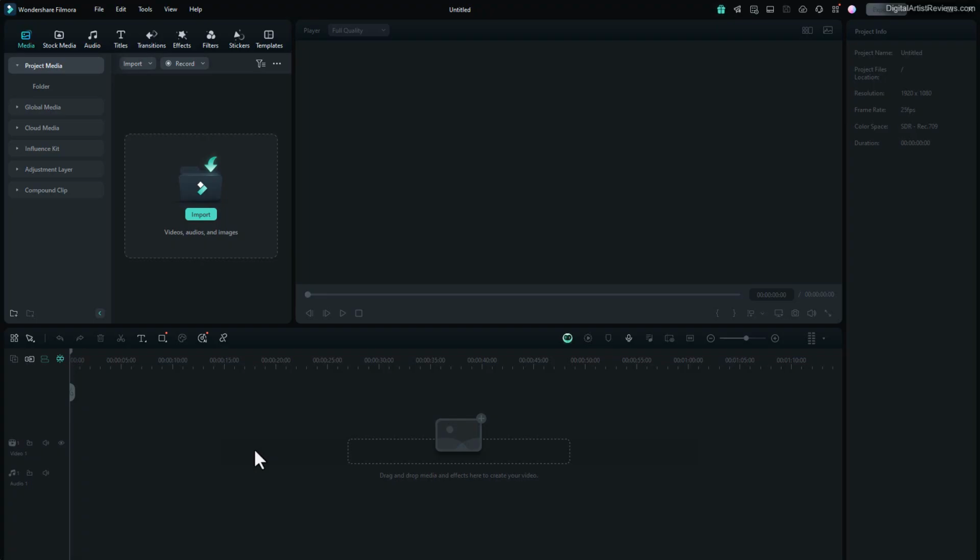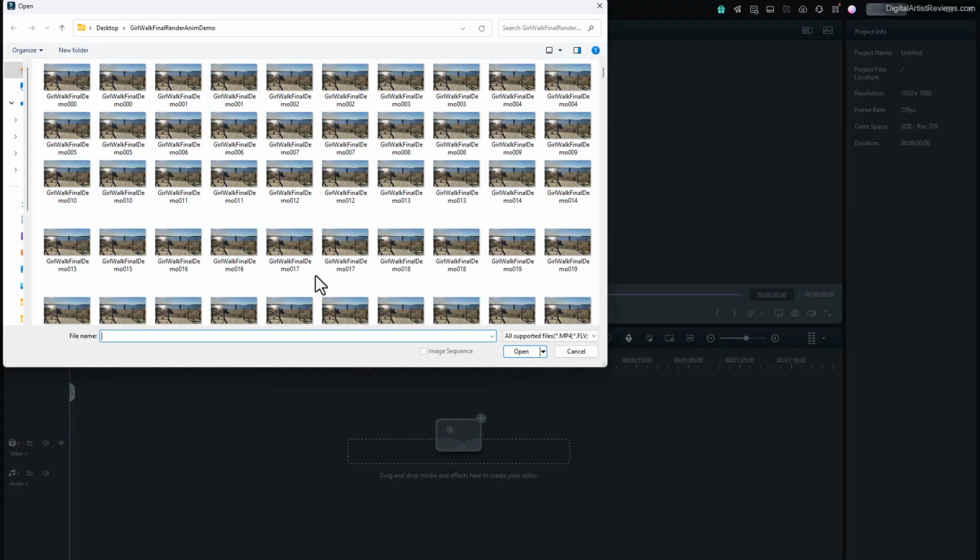And by the way, there's additional benefits of image sequences, one of which is you can easily re-render a single frame. Say frame 50 looks like crap, there's something wrong with it. Well, bring it back into DAZ Studio, re-render just that frame, and bring it back into the video editing software. So you just simply click on import. And very important, this software